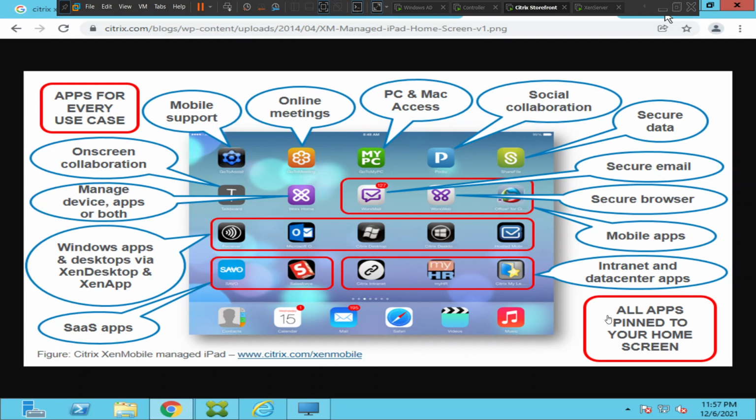So for these particular users, especially for the people who like to travel, or for the people who like to work from home, these business users can work on a laptop, but with the help of Citrix Zen Mobile or Citrix Endpoint Management, what we can do is we can provide all business applications to these users through Citrix.